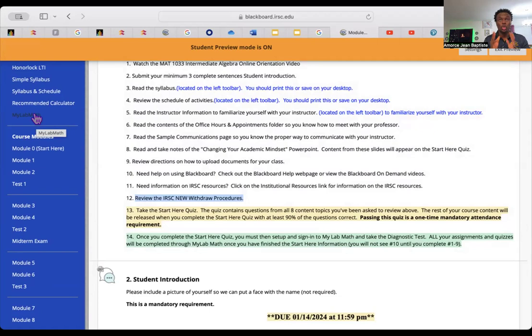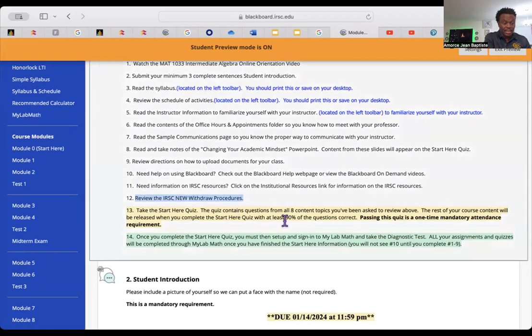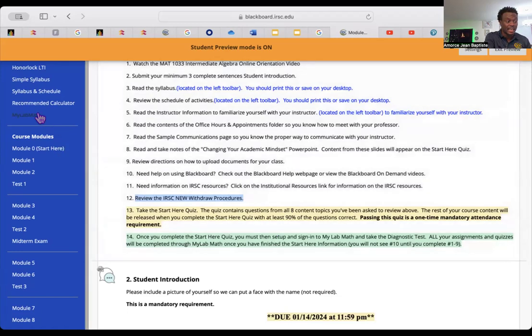It will show you how to navigate through Blackboard, and I think I have a link that can show you everything step by step, how to pay for your MyMathLab access, and also access your assignments. All your assignments will be under this link.